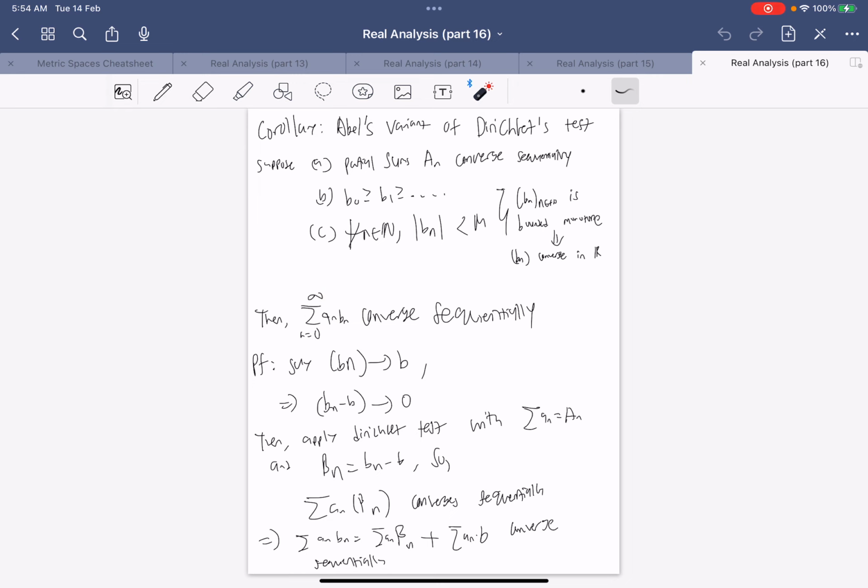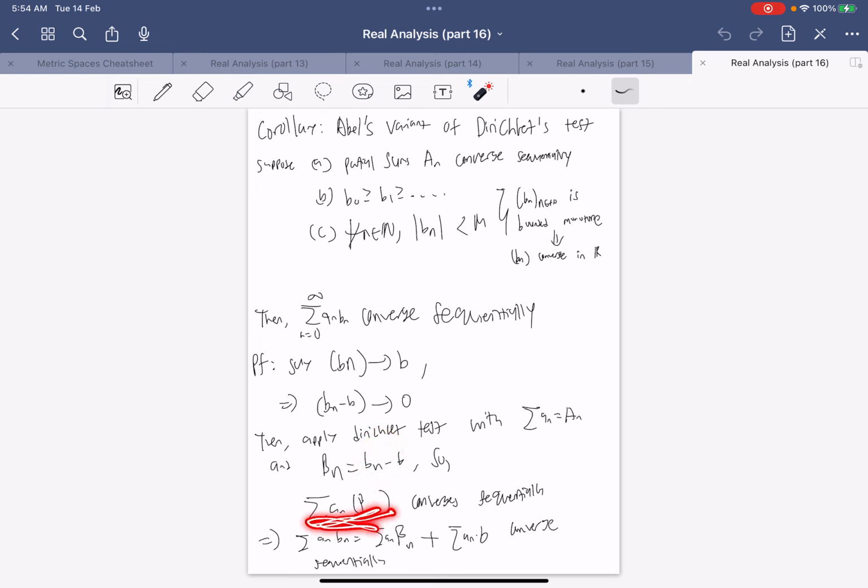And that's because if b_n approaches b, then b_n minus b approaches 0, and then we just apply the Dirichlet test with a_n being the partial sum of the summation of a_n and beta_n being b_n minus b,